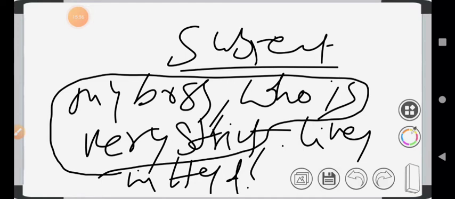Here, in which tense is the lives? It indicates the present tense. It is the main verb in this sentence. It is a subordinate clause, a dependent clause. It is the main verb here, in simple present. It is a non-defining relative clause. My boss, who is very strict, lives in Hyderabad. It is the subject of the sentence here.